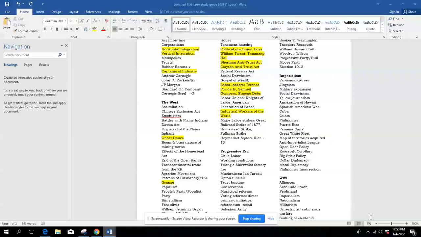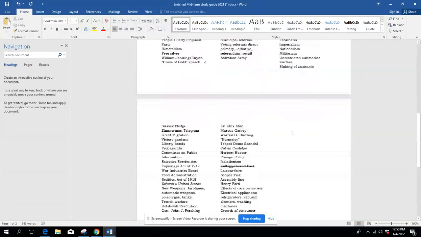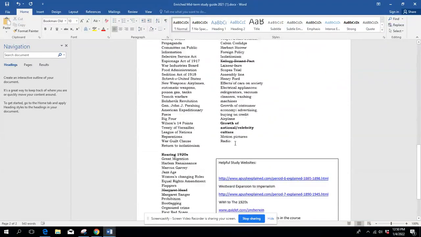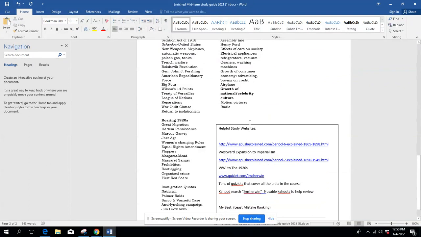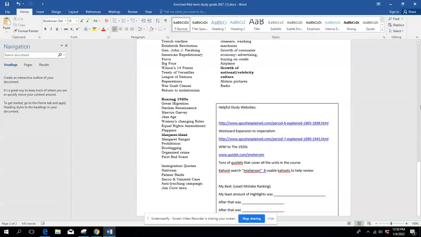Now that you've gone through the entire section, you don't have to do the Roaring Twenties one because I'm going to give you that information. But when you get down, and this isn't on your sheet, go ahead and write this out. You can abbreviate. What you want to do is rank the sections, which one you did best on. So the one that has the least amount of highlights. So if the West was the one that you knew the best and you had 3 highlights,